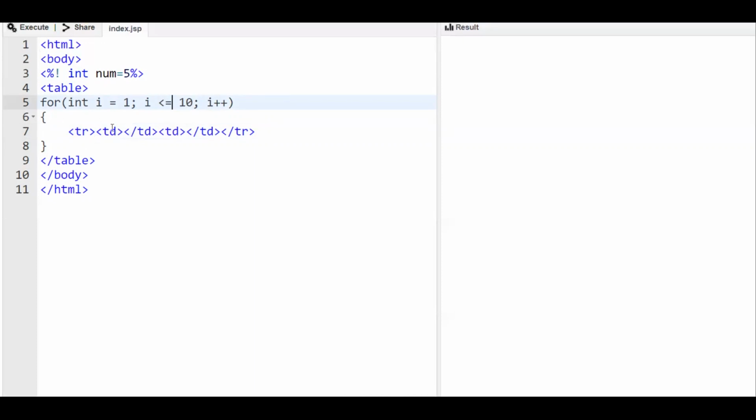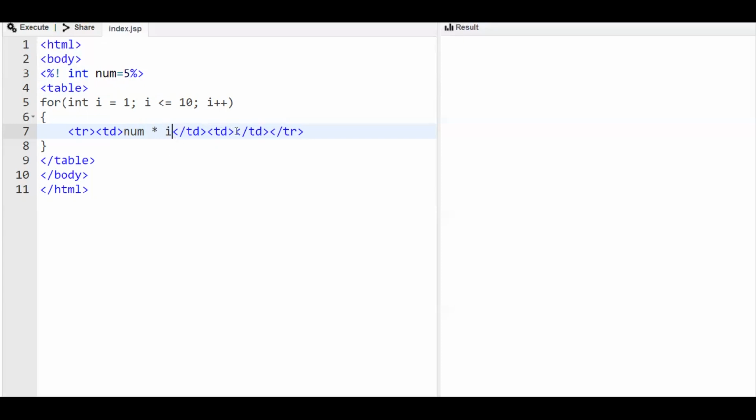Here in the first cell, we'll print number, followed by the star symbol, then followed by the i value.